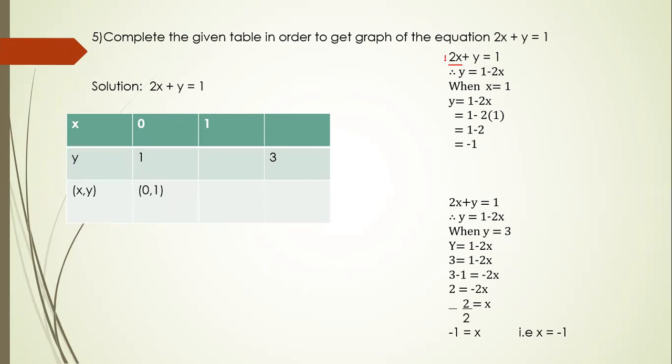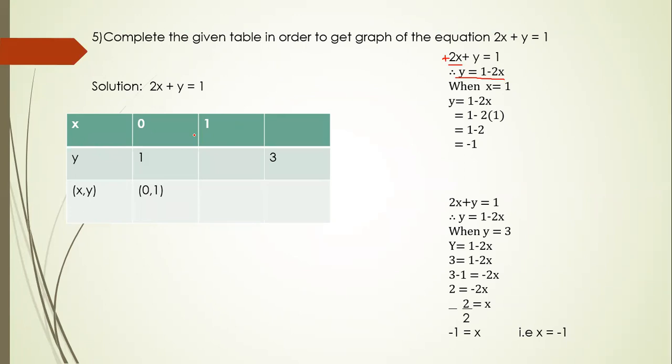Here there is no sign, means plus. So when you will move this to the right hand side, it will get convert into minus 2x. So therefore, in the next step, we will write y equal to 1, this one copy as it is, and plus 2x will get convert into minus 2x. So we got y is equal to 1 minus 2x.